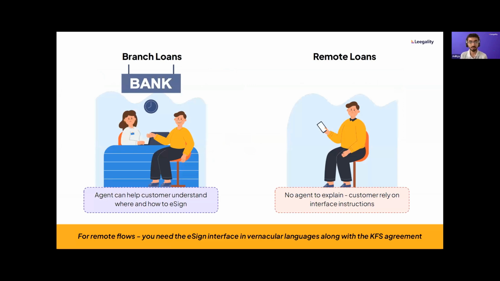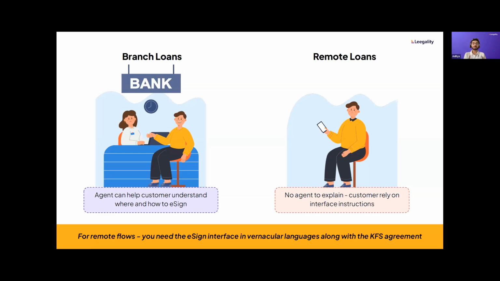One is an assisted model where your agent is there, the customer comes to the branch. The agent is there to supplement the localized KFS you're showing them with their own explanation and understanding of what the process involves. And the second is a remote model. For all you digital lenders on this call, there's a good number of you on this call, this is the model you follow, right? Here, the customer is interacting with you via the phone. There is no agent usually involved here. There's no one to actually explain the terms and conditions, no one to explain to the customer what the exact process they are undergoing actually is, right? It's all app driven, and the aspiration is to move it to as seamless an app driven process as possible.